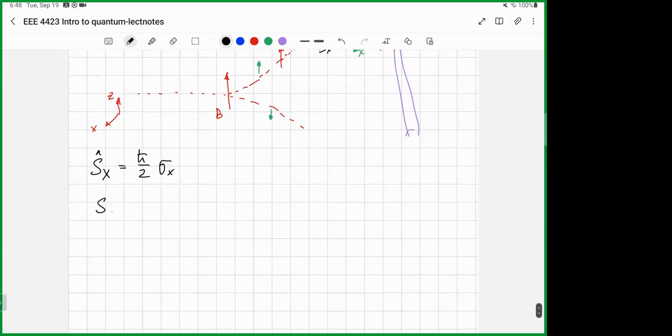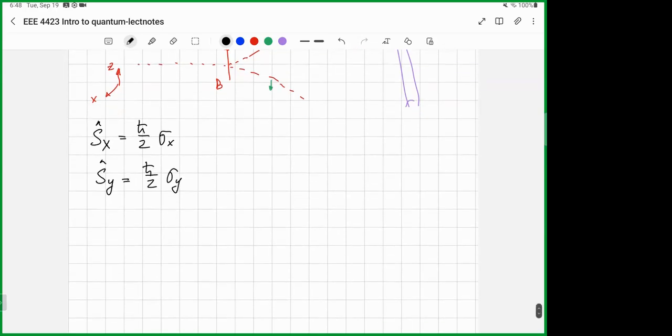The second one is Sy, equal to h bar over 2 sigma y. And Sz is given by h bar over 2 sigma z, where sigma x is the first Pauli matrix,